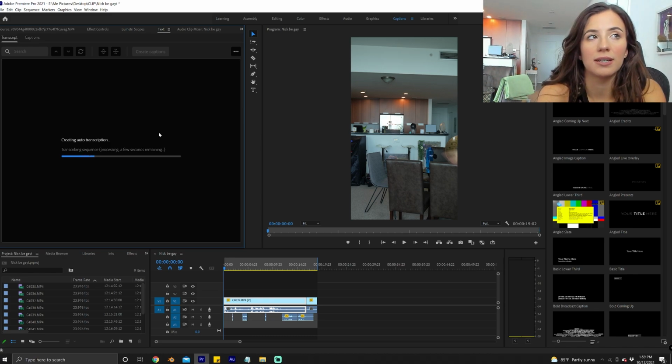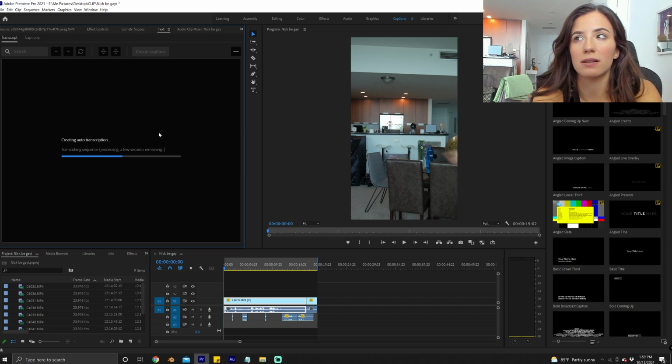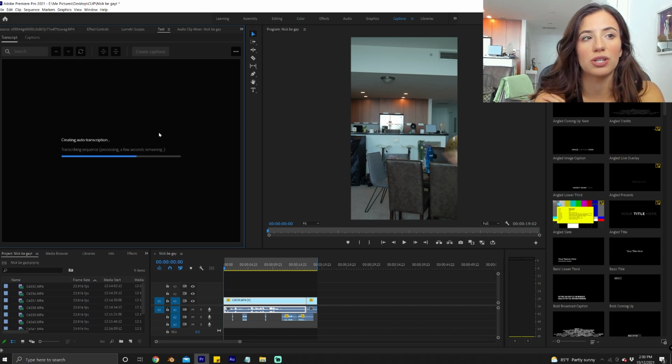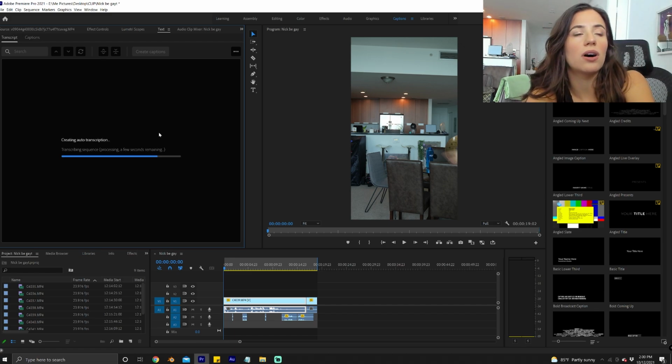So it's actually way easier, because I looked all over YouTube and I couldn't find how to edit the text all at one time. This is how I do it for TikTok. So this is how to do it for TikTok. And so you can just edit the text box, edit the texts all at one time. So after it's done creating an auto